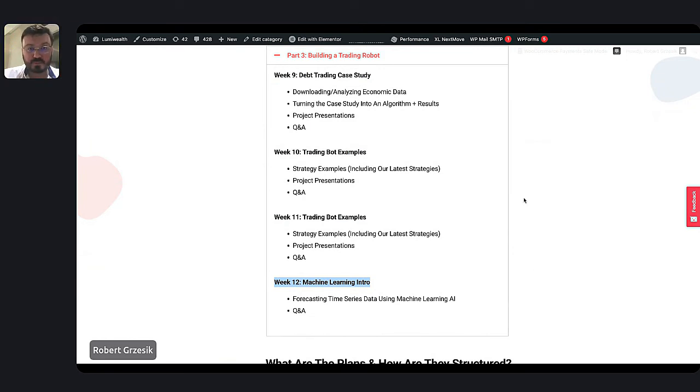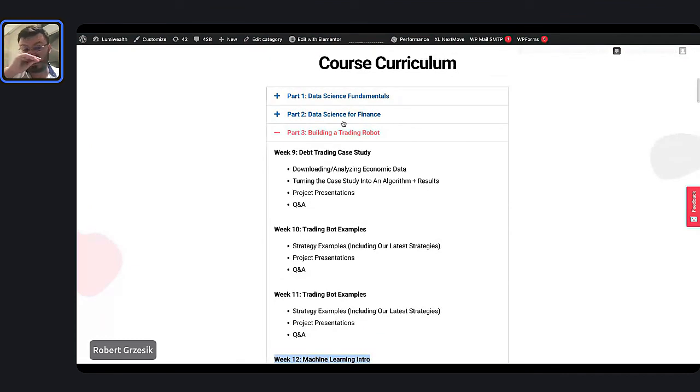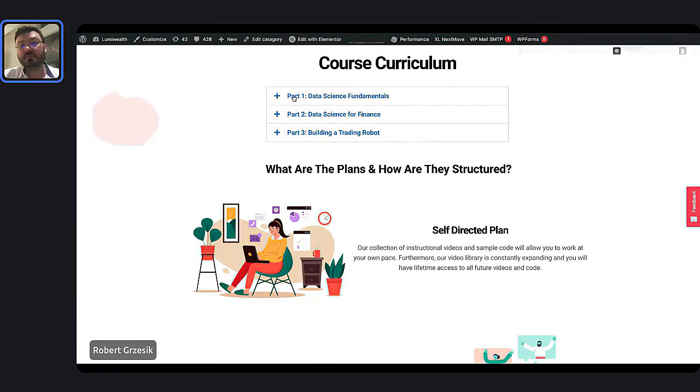Okay, so that's our 3 parts, 12 weeks long in total. Part 1, fundamentals. Part 2, we'll show you how to set all this stuff up, how to connect to all the different exchanges and trade. And then part 3, we'll show you lots of different examples of bots, everything from the very low risk to the very high risk, and many different types of situations. Everything from machine learning to event-based to economic data and all sorts of that type of thing.